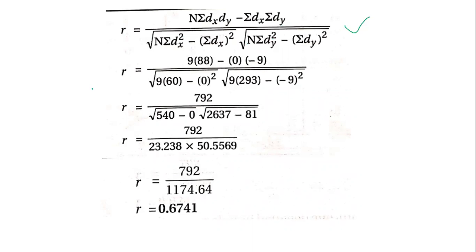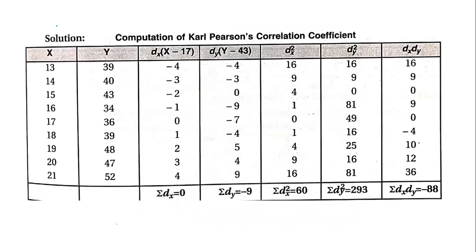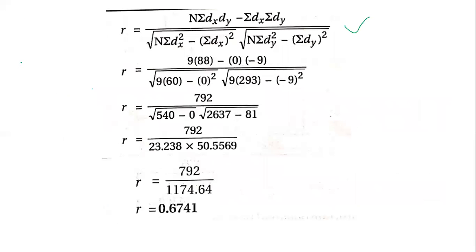Now, n, we forgot to see what is the number of data that we have got. For both x and y, it is the same number. So 1, 2, 3, 4, 5, 6, 7, 8, 9. So we have 9 numbers in total. So the value of n for us is equal to 9. In the place of n, you will be considering 9.